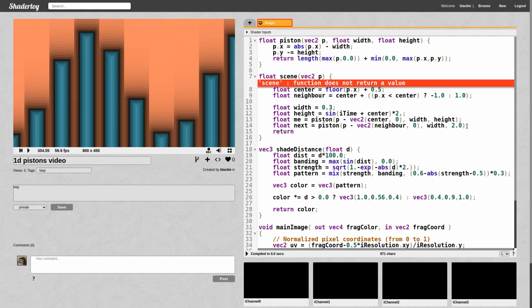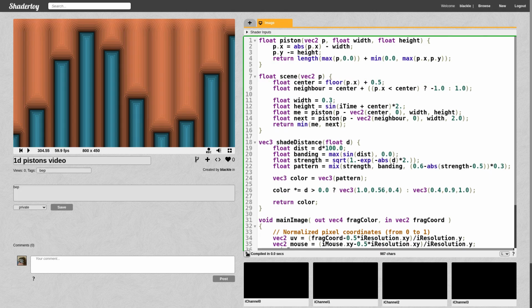I need to return the minimum of me and next. So we're taking the union of these two objects, me and next. Semicolon, run. So now the SDF looks pretty weird